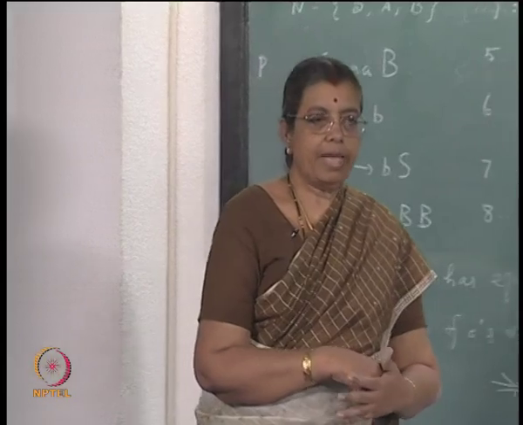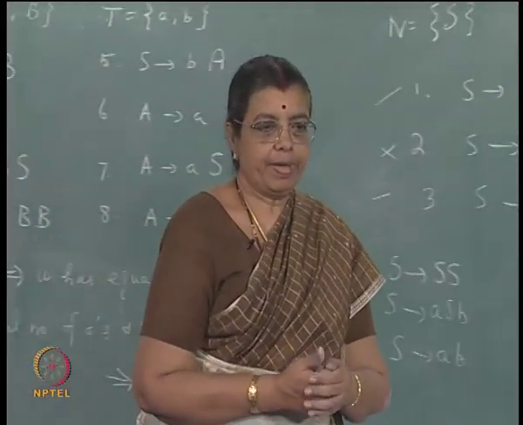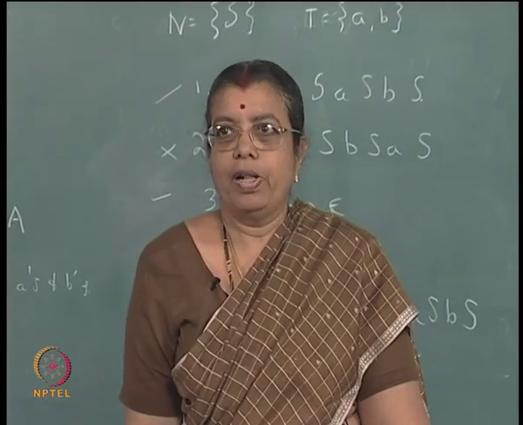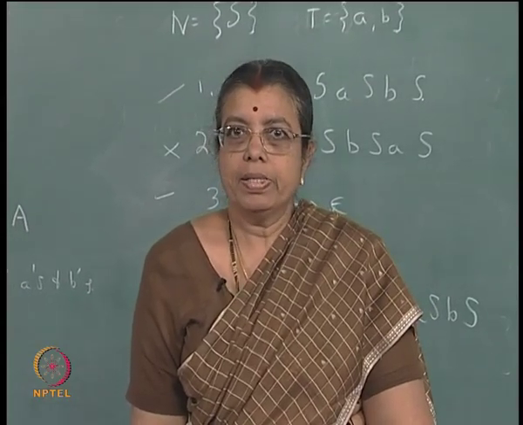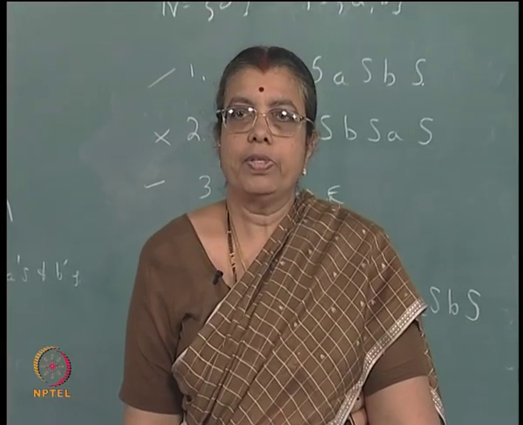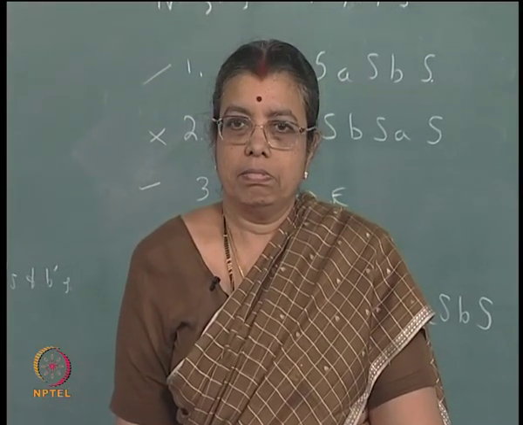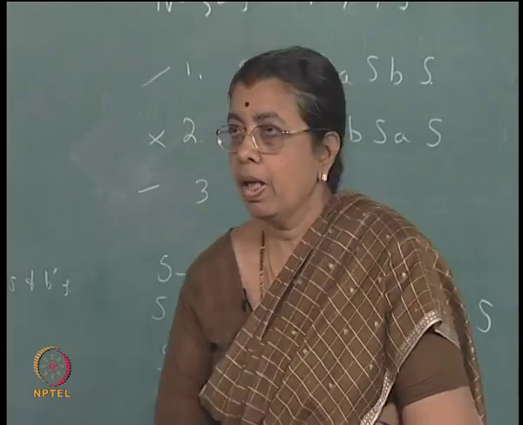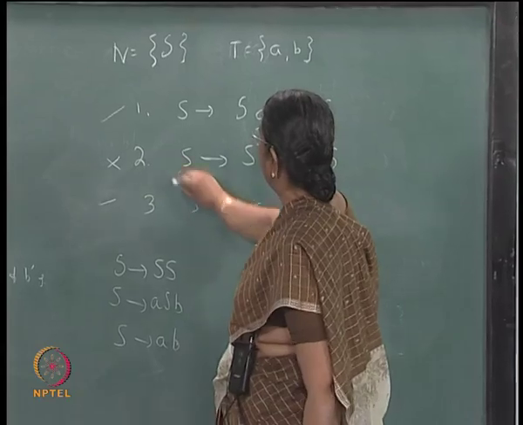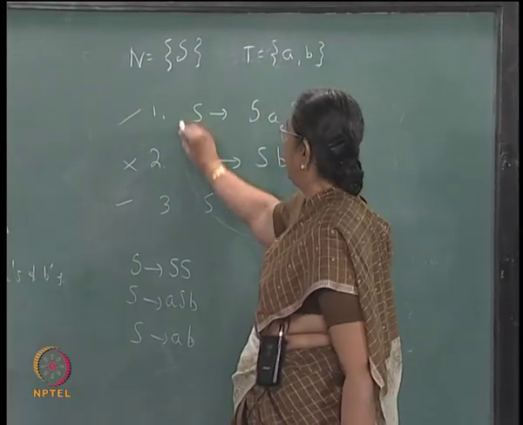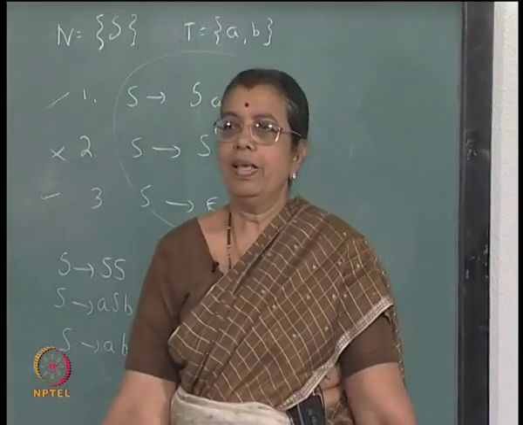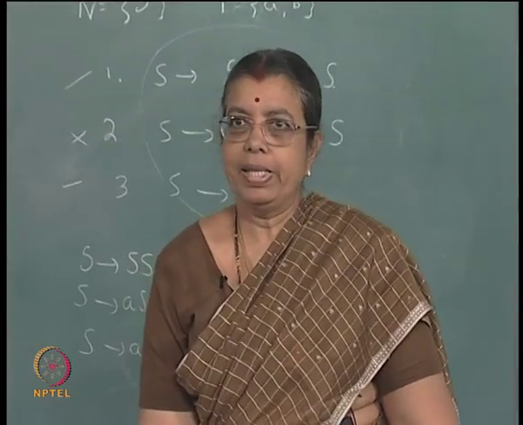So, these are some of the examples which we considered for type 2 and type 3 and type 1 also, we have considered one more example. In the next lecture we will see some more examples and also talk about ambiguity. By the way, you can try to prove the converse of it, that is, any string having an equal number of A's and B's will be generated by this grammar.